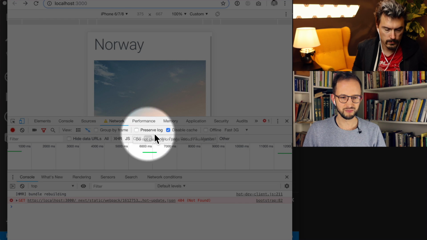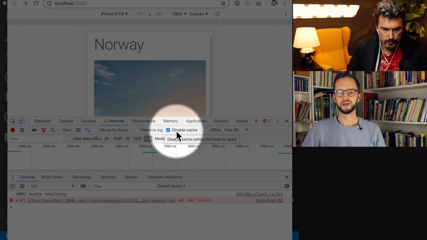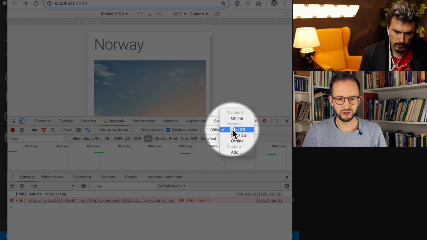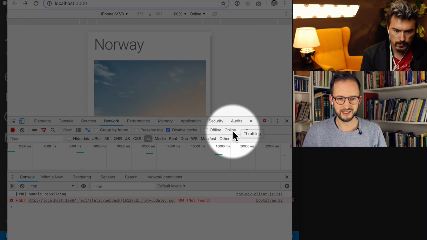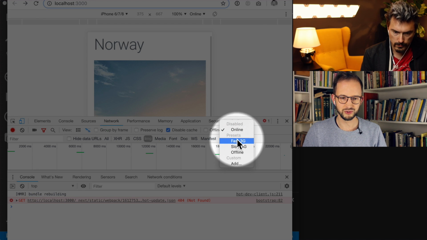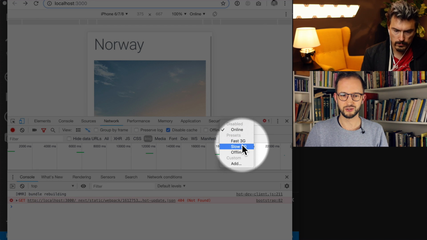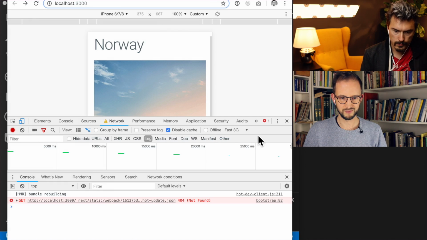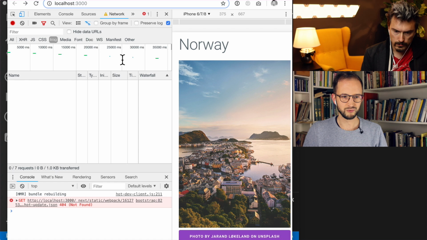So we have to simulate that I don't have fast internet. By checking this in the network tab in Chrome, by checking disable cache, we just say that I don't have anything cached. And then you can use here, this is default, it says online, but we can throttle it to simulate that we're on a fast 3G or a slow 3G connection. So we'll go for fast 3G. And when I do that and I reload,